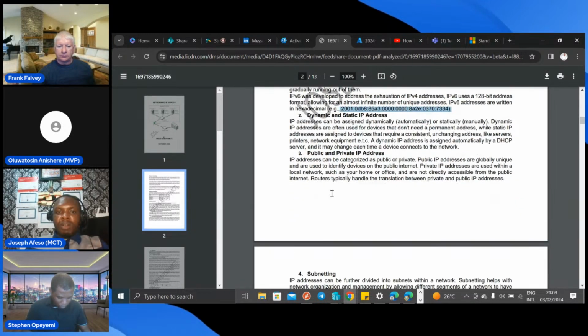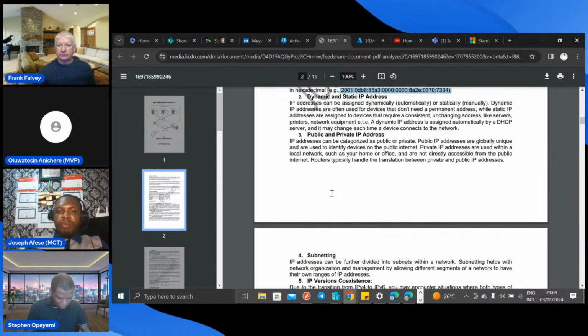So public and private IPs, we have public IPs and we have private IPs. Public IP addresses are globally unique. What it means is that public IPs are available over the internet. So it's particular to a device, and it's not going to be changing. But if you have organization A and organization B, you can decide to have private IP, which is also used by other organizations. So long as you are on the same switch in your own environment, you can maintain that IP and it works for you as it will work for the other organization. But public IPs are globally unique, so you can't have two of them running at the same time. But we'll see all of this as we progress.